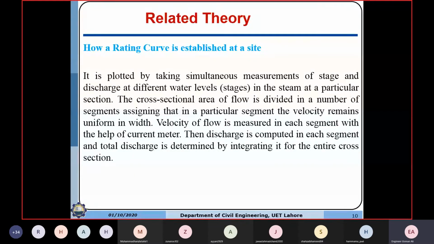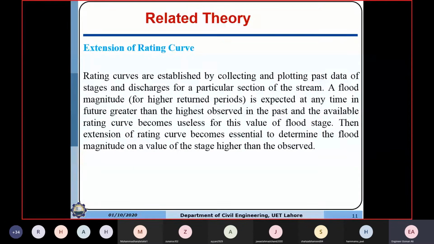Okay, so extension of rating curve. Why do we need to extend the rating curve? Remember this, when we make the rating curve for a river gauging station, we obviously go up to the maximum discharge and maximum stage. But at later stages, due to any reason, you know that the discharge in the river or the rainfalls on a certain area are unpredictable natural phenomena. So we can get discharge more than the one for which we have made the rating curve.